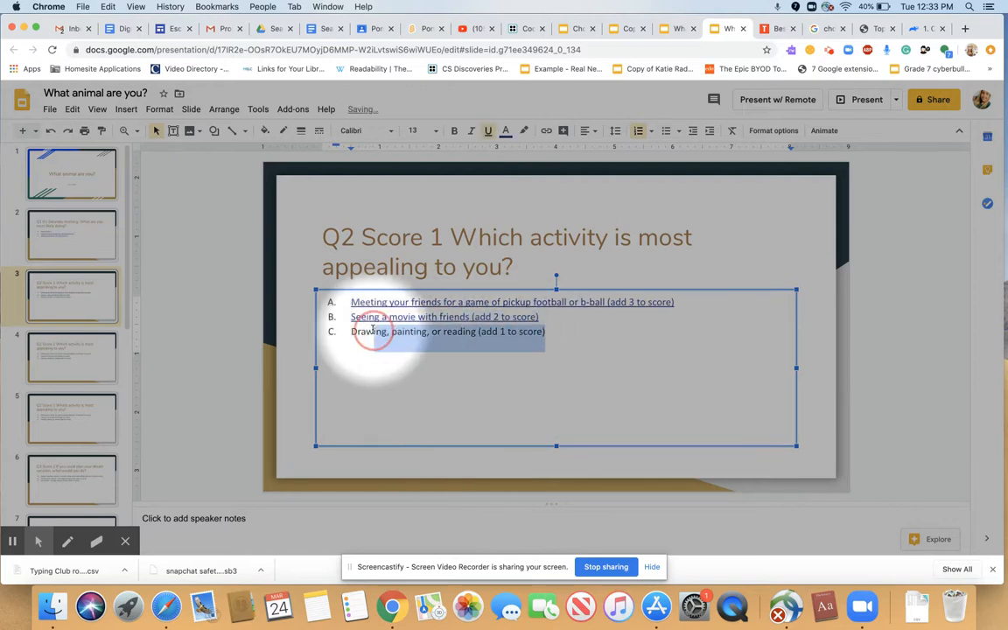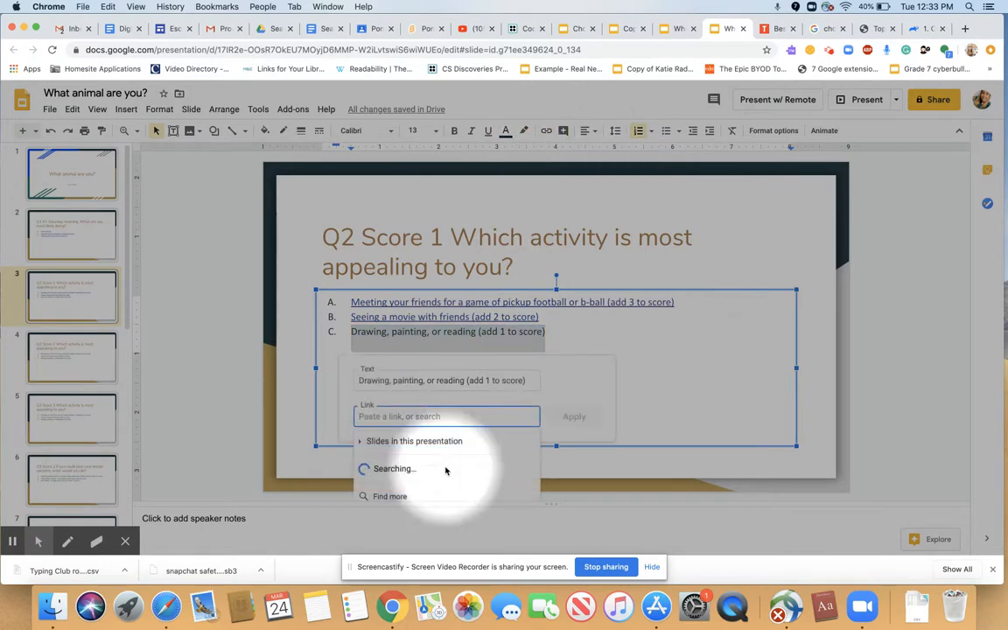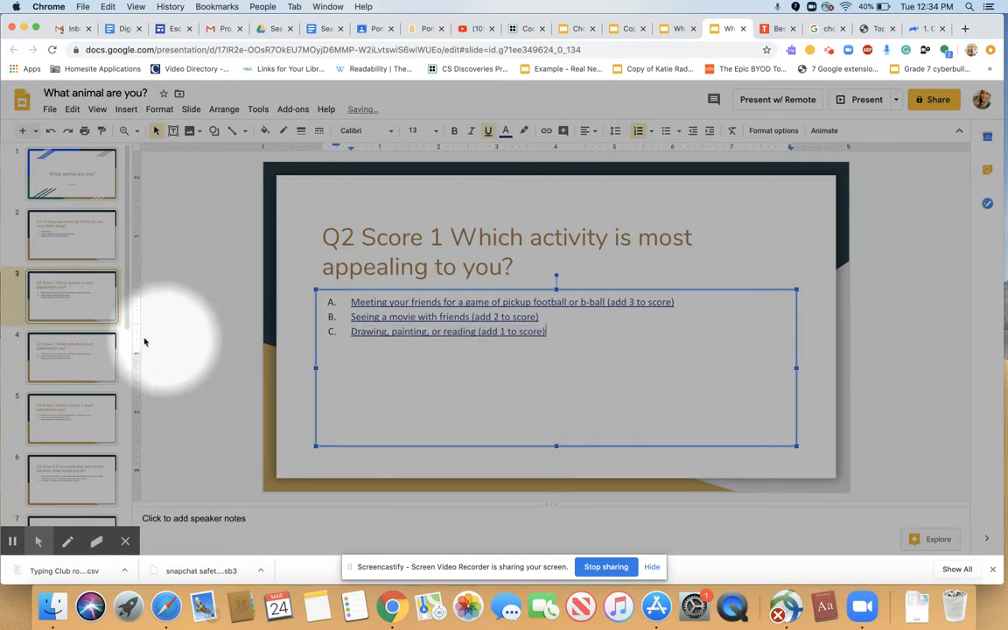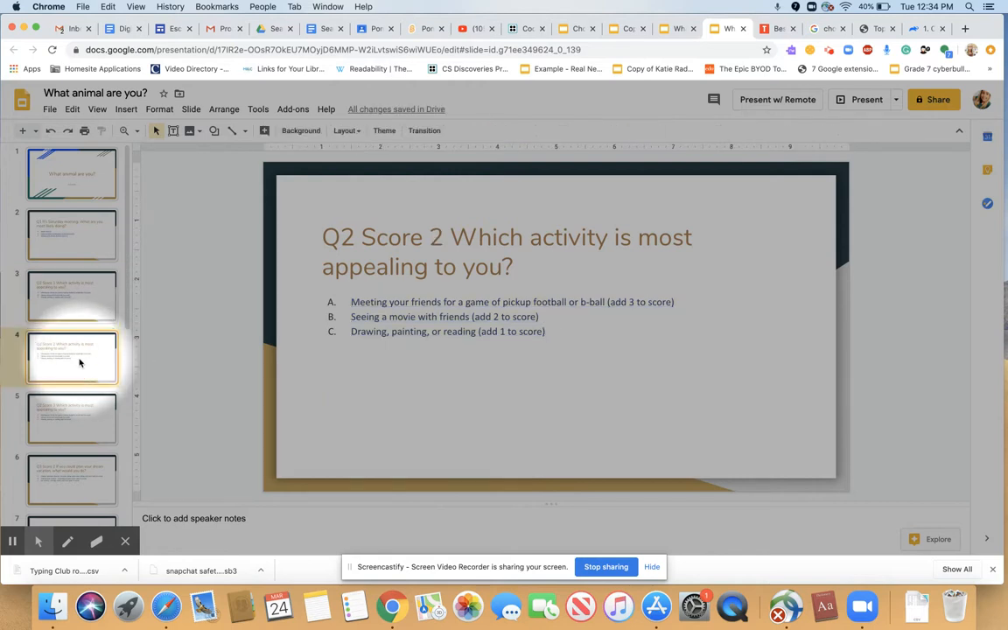And then finally, if we have 1 point and we're only adding 1 more point, we're going to link to Q3 score 2. Okay, so then from here, what you're going to do is do the same thing with all of your other